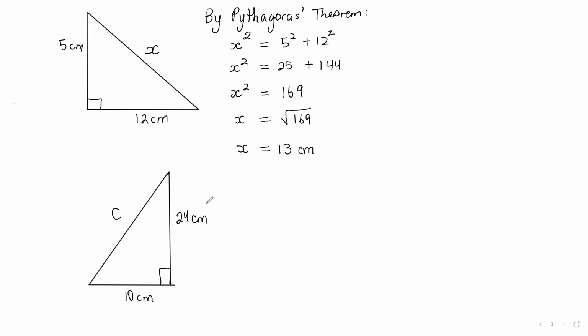C squared is equal to 24 squared plus 10 squared, the sum of the squares of the other two sides. So then C would be equal to